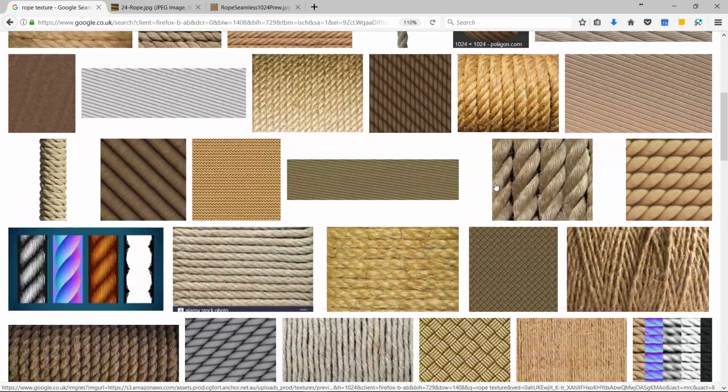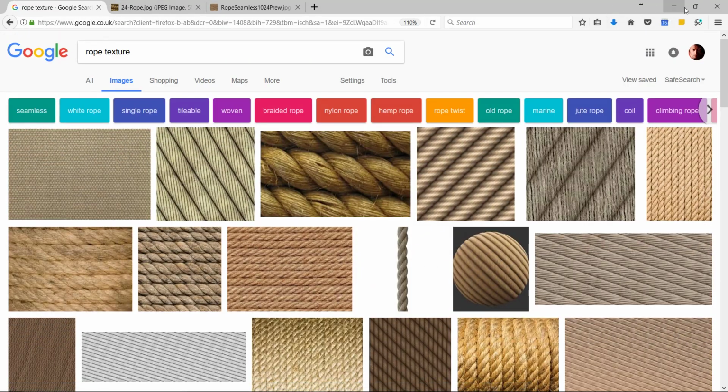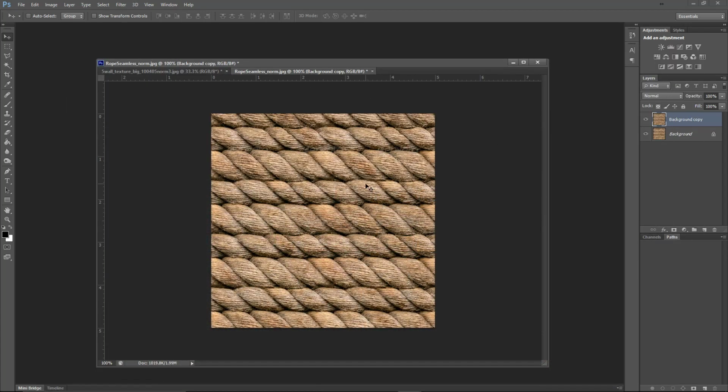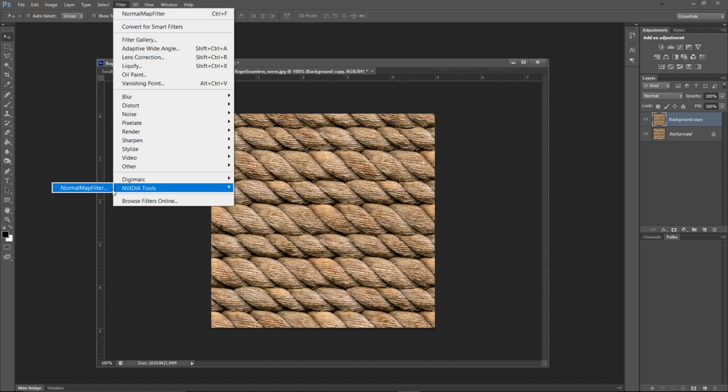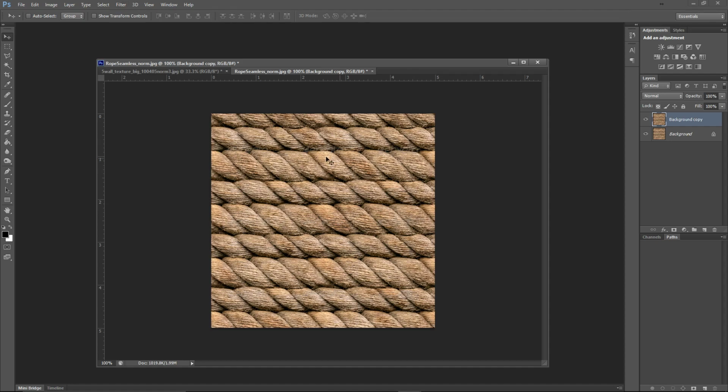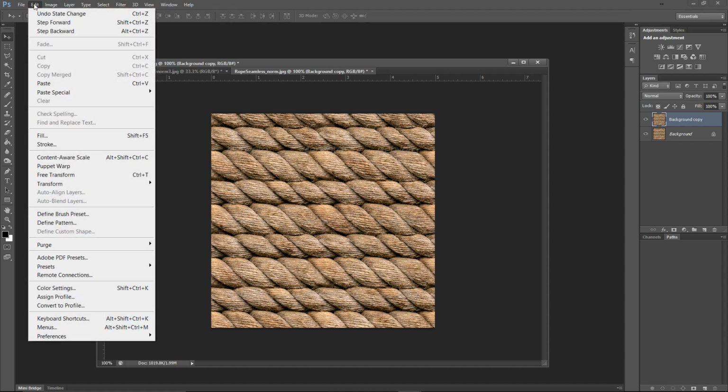So you can find tons more and try to experiment with that. One of the things that you can do inside Photoshop is to download an NVIDIA filter which allows you to create normal maps for your models. If you go to Google and type in NVIDIA normal map generator, this plugin you can download for Photoshop allows you to change your images into